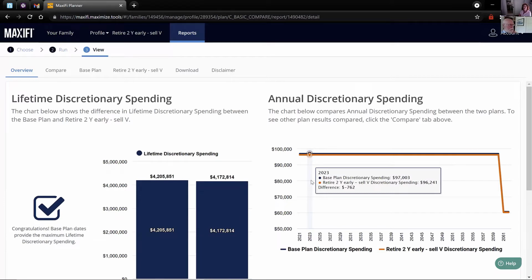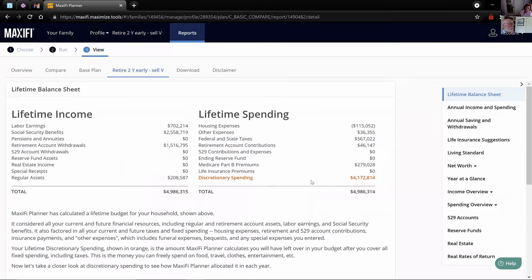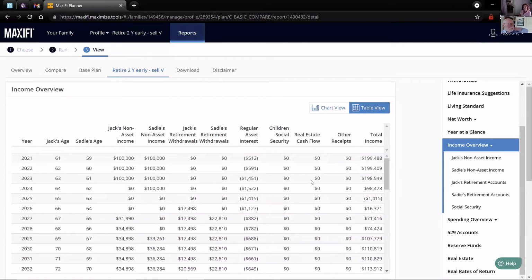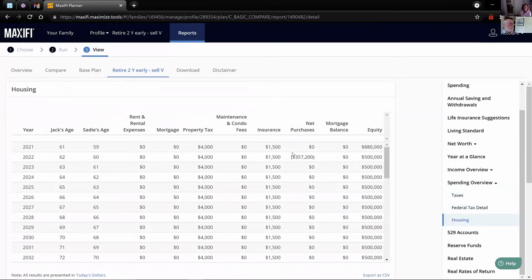It's not nothing, but it's not a significant difference to go from 97,000 down to 96,241, as long as I'm willing to sell that vacation home. What happened is when I go to, where would that be? Housing, I guess that shows up in spending. I go to housing, I'm going to see my 357,200 here, which is the net purchase of the $380,000 vacation home. Remember, there's a 6% sales commission on that, so 380,000 minus 6% is 357,200, and it's a